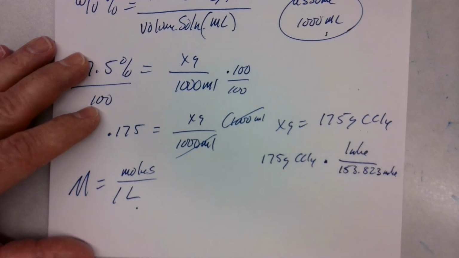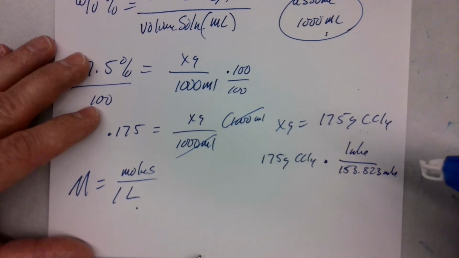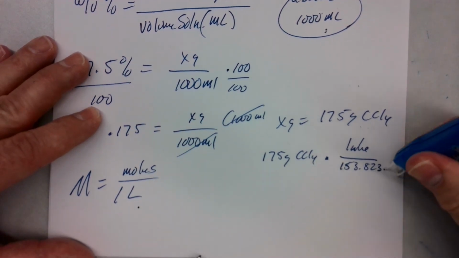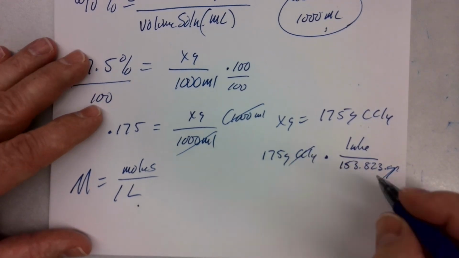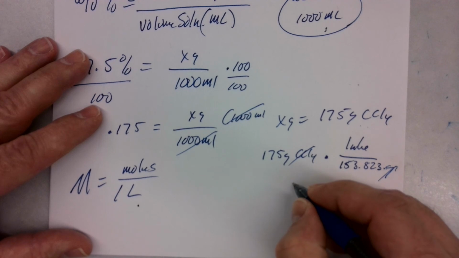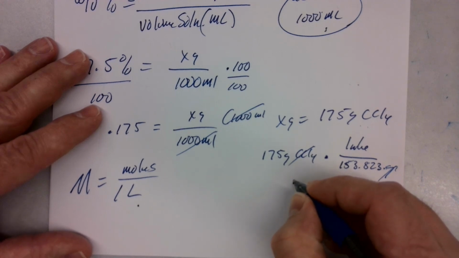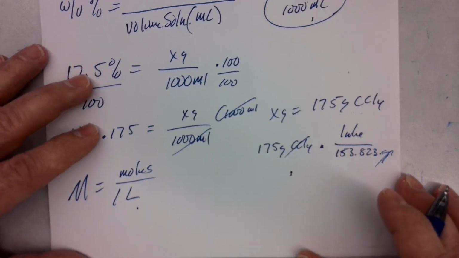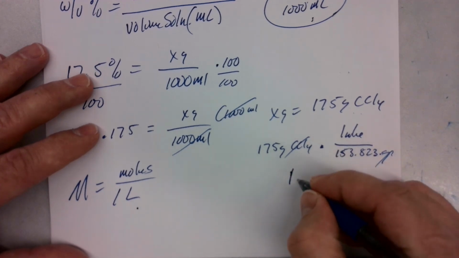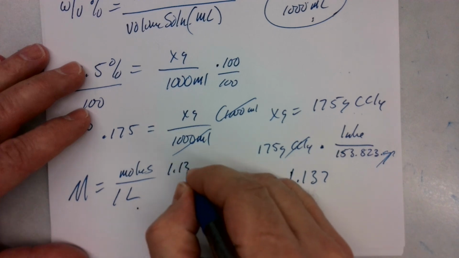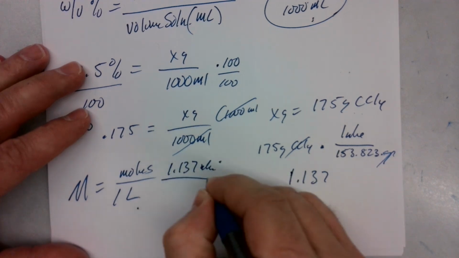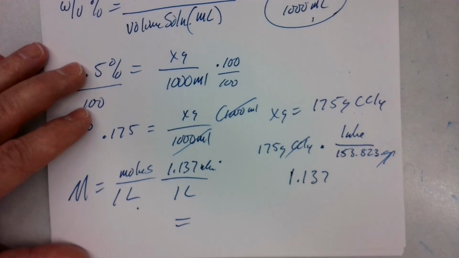153.823 grams, right? Sorry, that's grams. My moles are already in the numerator. Grams are gone. What's my answer? 1.137, right? So I put that in my numerator. So I got 1.137 moles over 1 liter. That's going to give me a molarity of